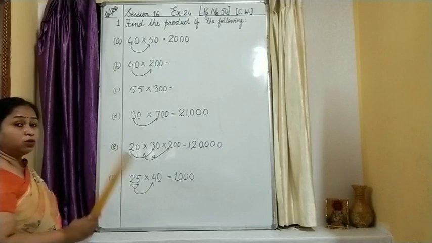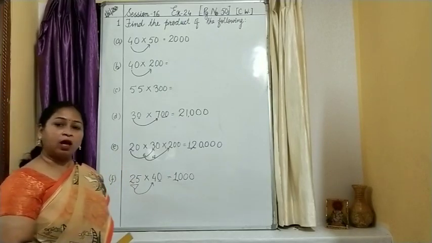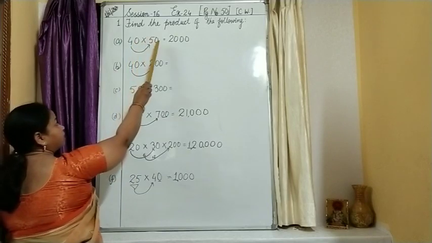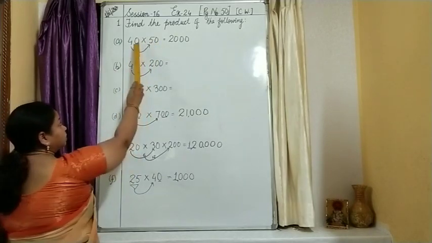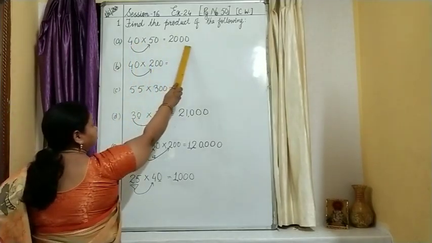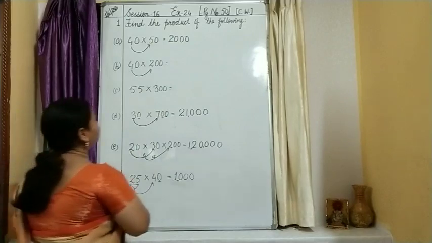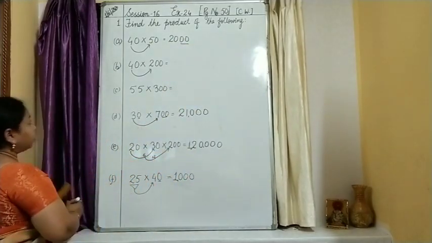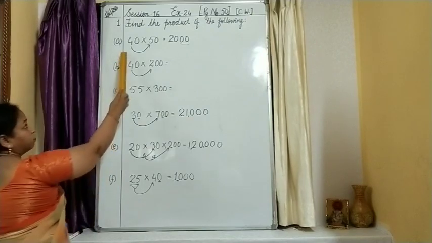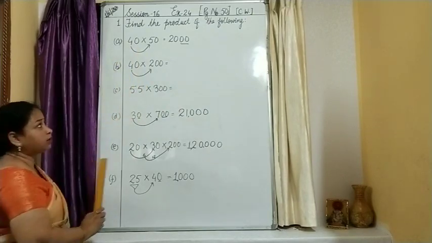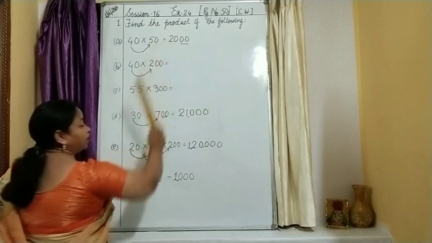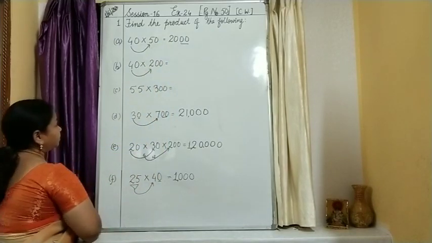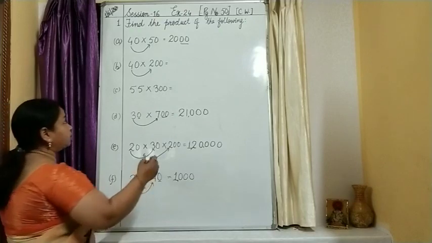Just now we have learned the rules. How many zeros are there? Let us check that. Here you have 1 zero and here you have 1 zero. So how many zeros altogether? 2 zeros. These are the 2 zeros which I have got from the question itself. And what do you have? 4 5s are 20. So what is your answer now? 2000. Easy? Let us have a look at the next question.